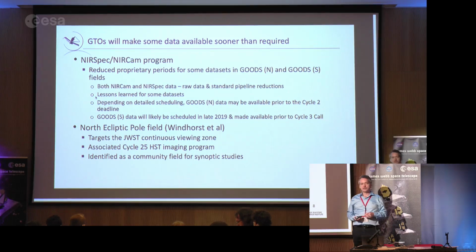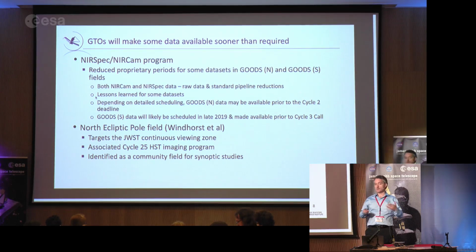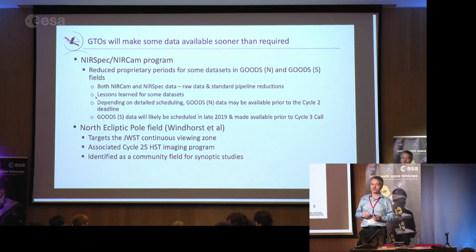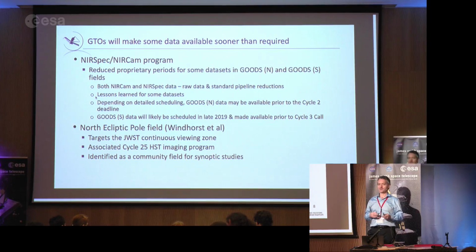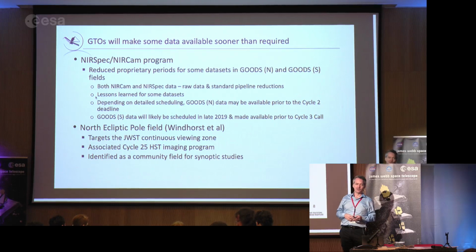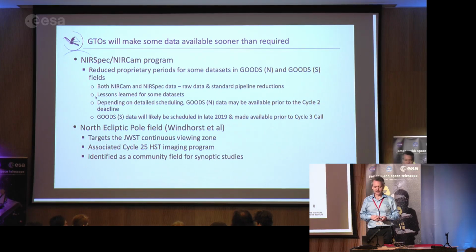Okay, so one nice thing, the GTOs, in order to help the community and the mission, are going to make some of their data available sooner than is required. So the nominal exclusive access period, that's another jargon term, exclusive access, which in olden days was called proprietary periods, but the new and improved jargon is exclusive access period. The nominal period is 1 year, and when you propose, that would be the nominal period. They have a contract that says they get it for 1 year,